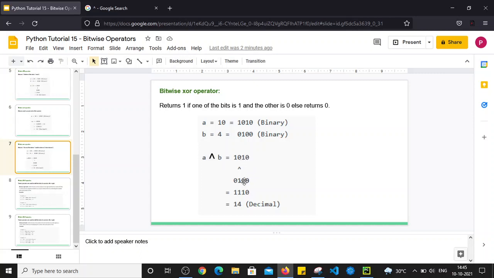Here 1 and 0, so it returns 1. If one bit is 0 and another is 1, it also returns 1. Here 1 and 0 again returns 1. So the final result is 1110, which converted into decimal format is 14. So this is about the A XOR B operation. Now let's see practically.